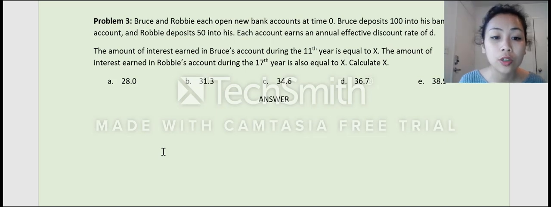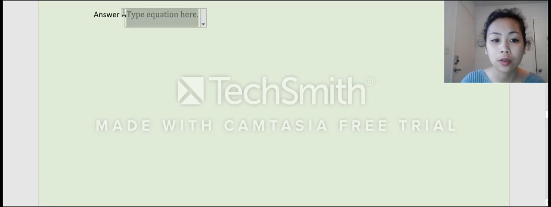The amount of interest earned in Brooks' account during the 11th year is equal to X, and the amount of interest earned in Robbie's account during the 17th year is also equal to X. So here, they use an effective discount rate. So the accumulation function in this case,